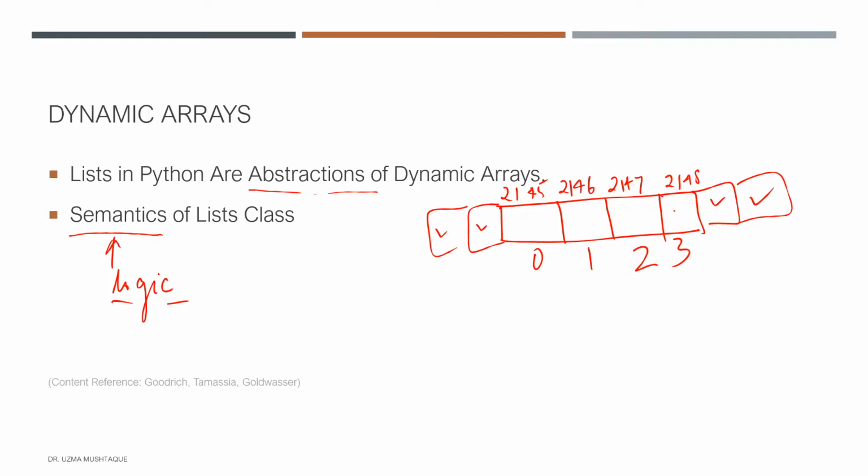and so on. This seems okay in the case of strings and tuples. Why? Because their size is fixed. But if you go back to the Python list class, you might remember that we can append and remove elements from that. So theoretically speaking, the semantics of a dynamic array is such that it should maintain a list instance that has the ability to change its capacity when required.